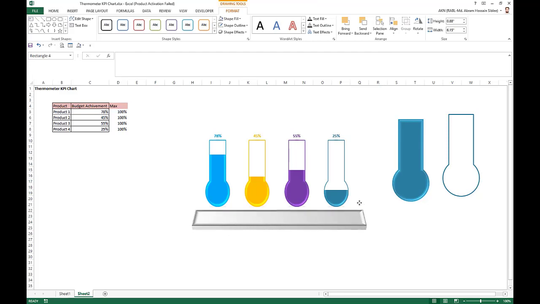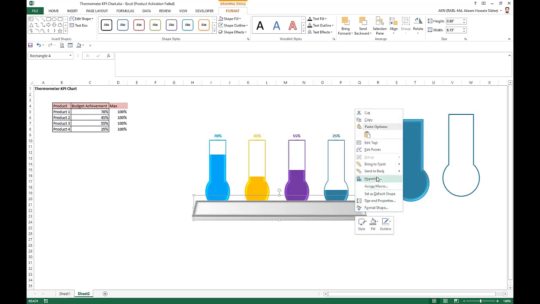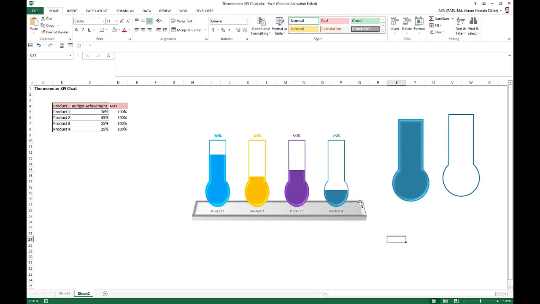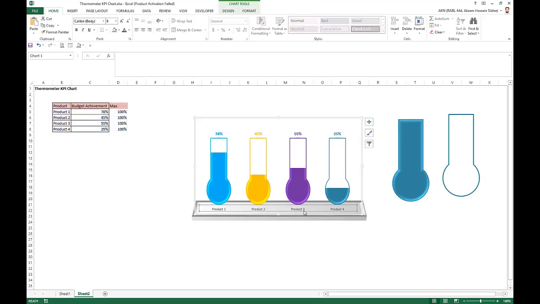Now we just place this tray below the thermometer, right click and send to back. We just select this product, go to font size, say take 11, bold, and take black.